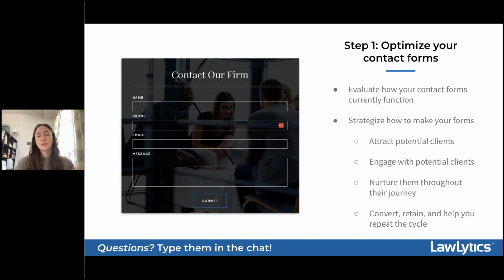So for example, if you're a personal injury attorney looking to attract more quality auto accident leads, you want to collect more specific information about the accident on your contact form, or at least you could try this tactic maybe on some of your pages. So this could look like adding more fields to your contact form. So as you can see the example of the contact form that's on the slide, this is super basic and it's only capturing the necessities.